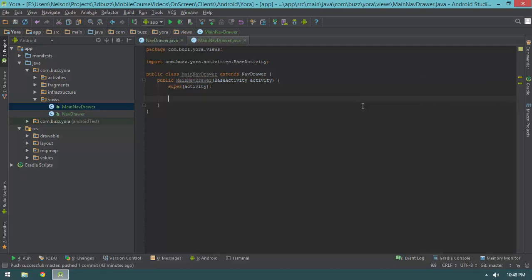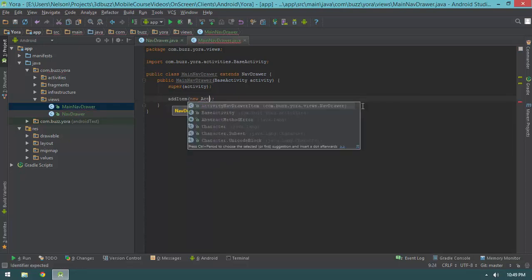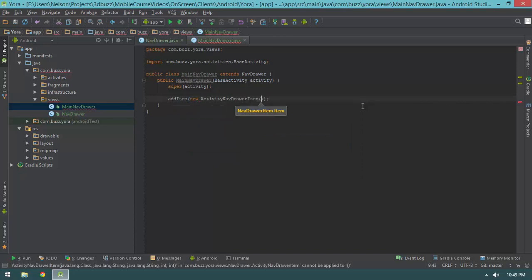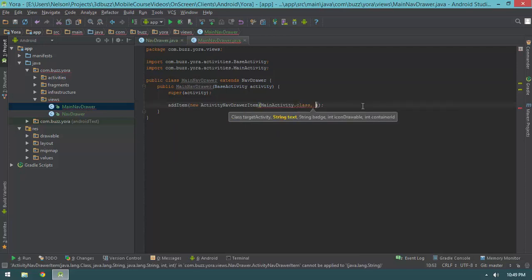So the first item I'm going to add is my inbox, which I already have because I've already written my main activity, or at least stubbed it out. So I'm going to say add item, new, activity nav drawer item. And I'm going to pass in MainActivity.class as the target class, inbox as the text, null as the badge for now anyway,